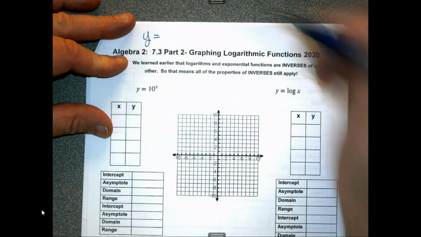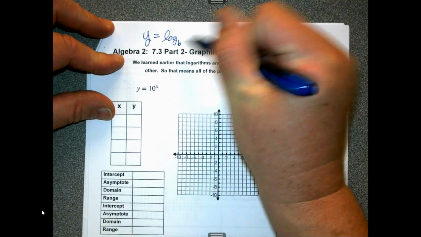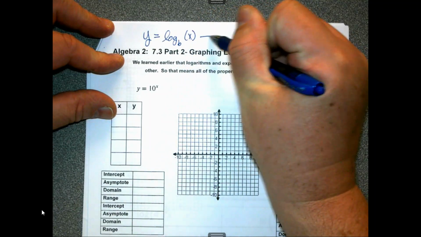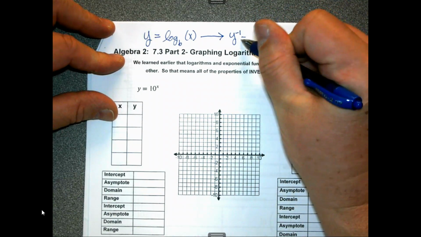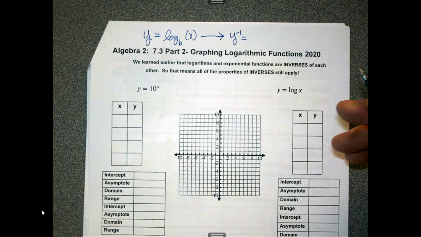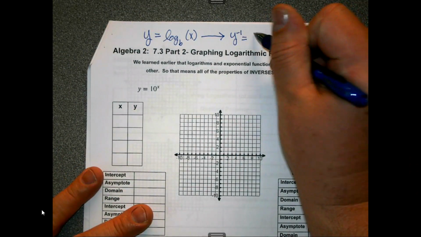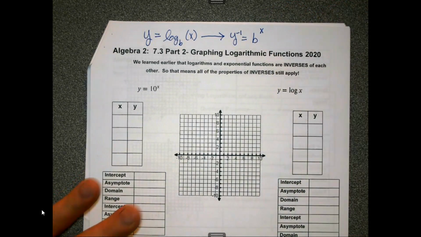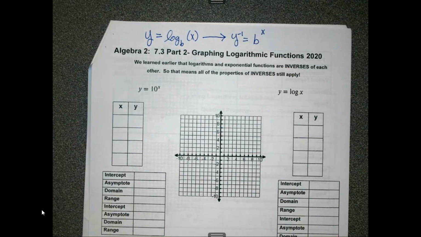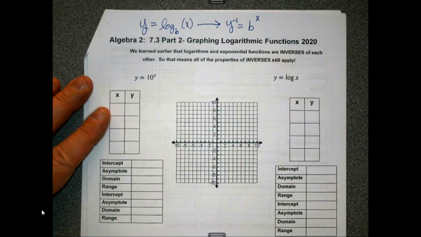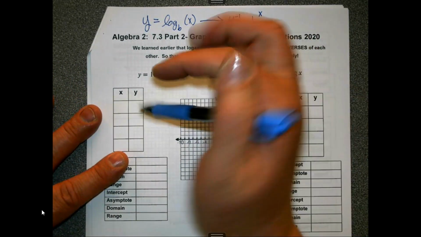We did the inverses where I had y equals the log base b of x. Its inverse was what? What's the exponential form, right? B to the x. Yeah. And it goes back and forth. You can go either way, right? So if you look at the first problem we have here, let's take a gander at 10 to the x